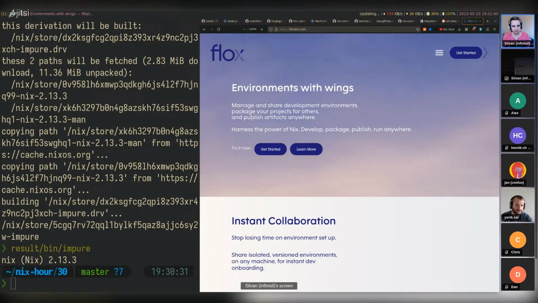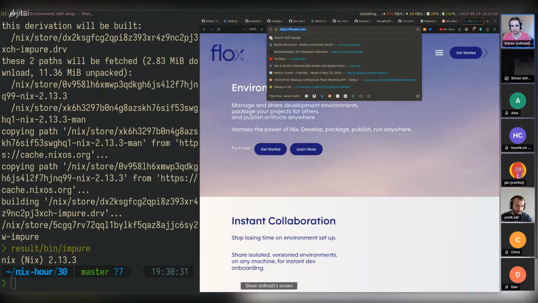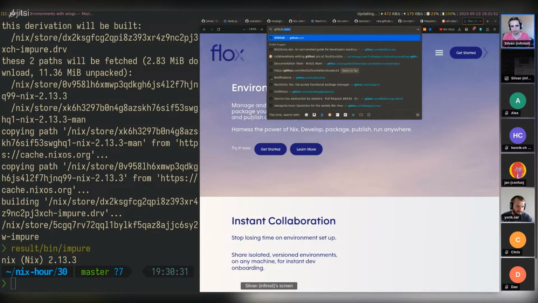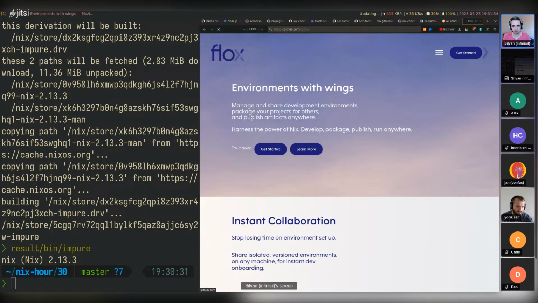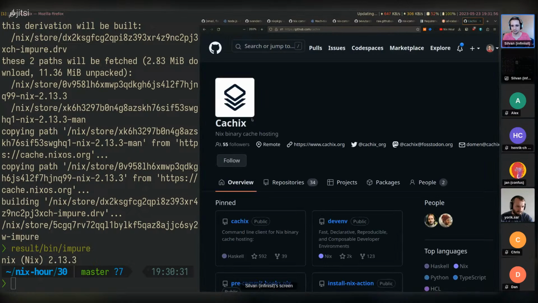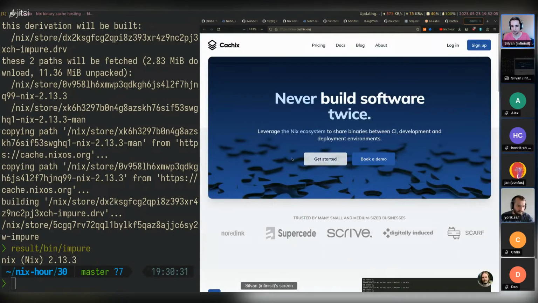Otherwise, what the Nix community tends to do is to set up Nix CI/CD fairly manually. There are some good projects out there as well. For example, we have the entire set of cachix services. We have cachix, which is a binary cache hosting solution.